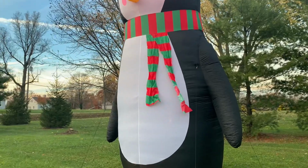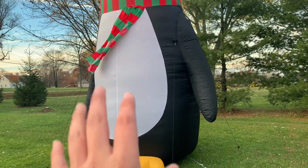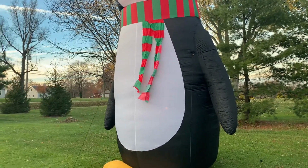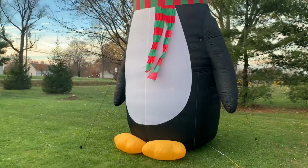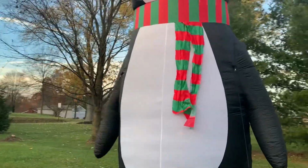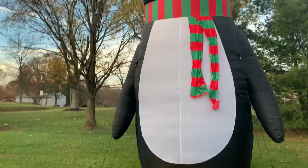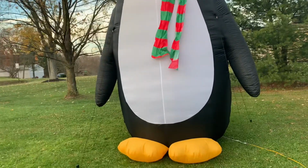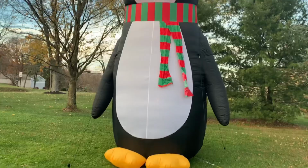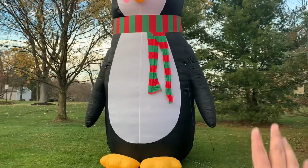Correct me if I'm wrong in the comments, if you know the correct answer here, but I believe that new 19-foot Grinch is made out of just basic inflatable fabric, whereas the Elf on a Shelf is made out of primarily the medium thickness fabric, except for some parts which are made out of regular fabric. The Elf on a Shelf last year was the same price as all the other 20-footers at $200, but this new Grinch, they jacked up the price to $220. And that's what turns me off even more about it,